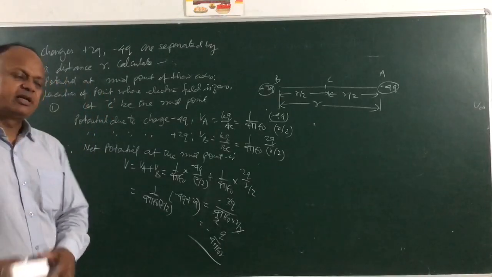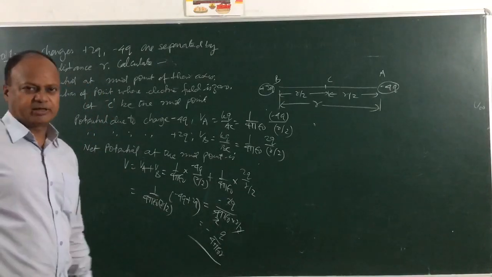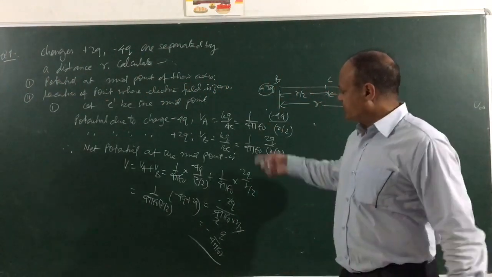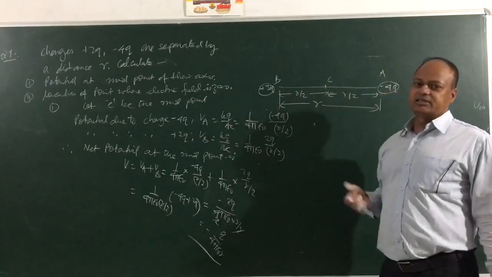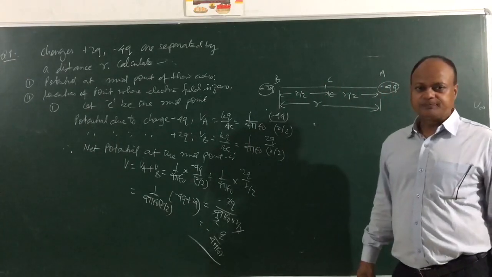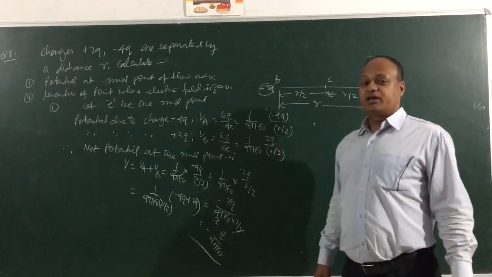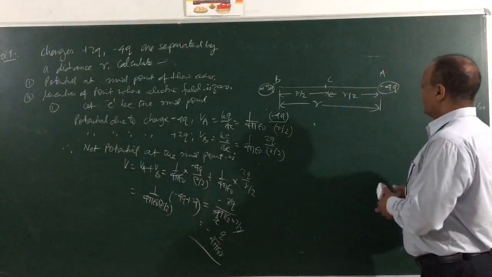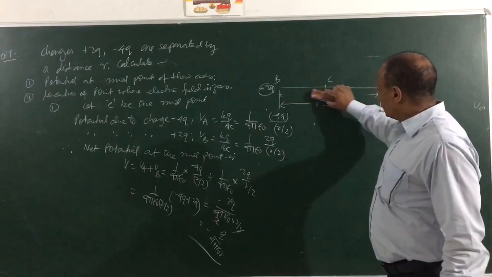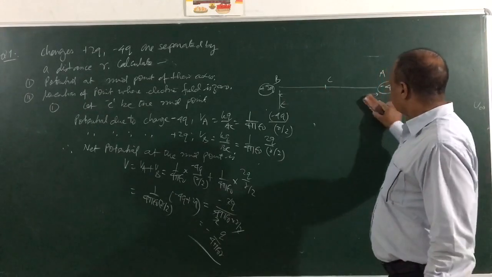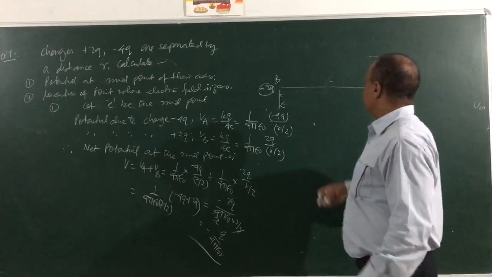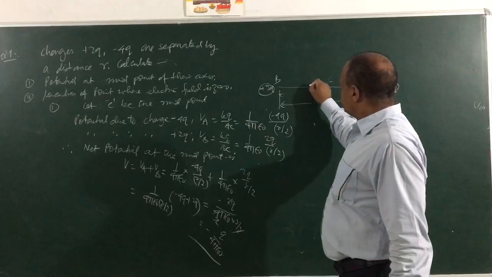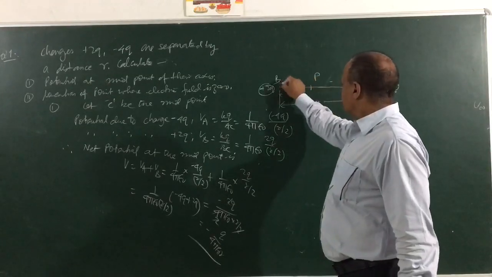So this is very easily calculated and you can easily do this part. Now the next one, the second part of the question. So this we very easily did. We found the distance and then just used the formula kq by r. Now the second part is saying where the potential is how much? 0. Second part of the question, where potential is 0. I'll draw this diagram and again I will redraw this. Let us say potential is 0 here at a point P.